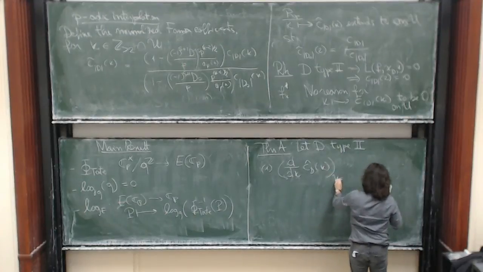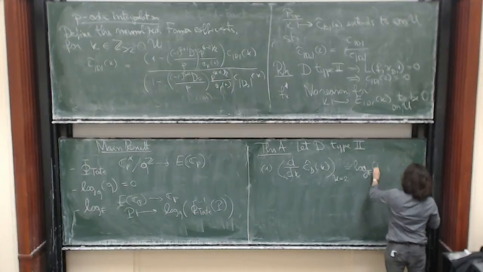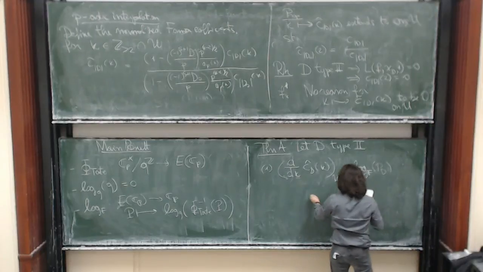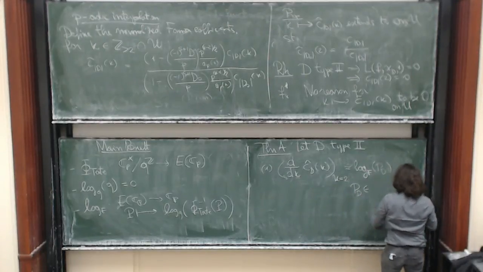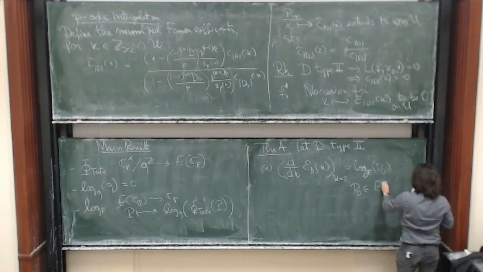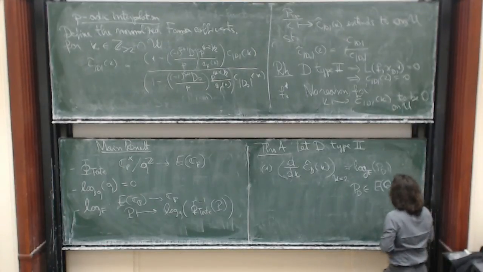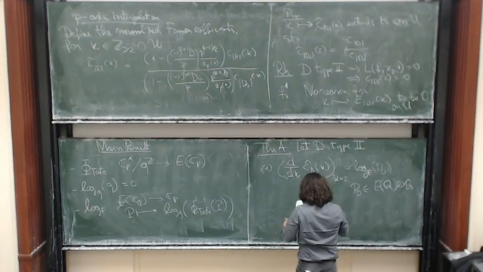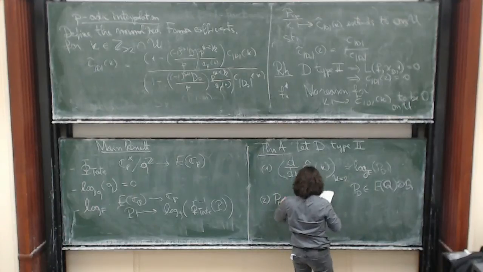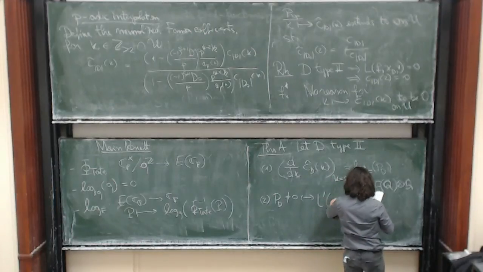evaluated at 2 is the logarithm of a point which depends on D. P_D will be a rational point on an elliptic curve. Maybe I will forget some integrality property by tensoring it over Q, and then P_D as a point in that Q vector space is non-zero if and only if the special value of the derivative of the series is